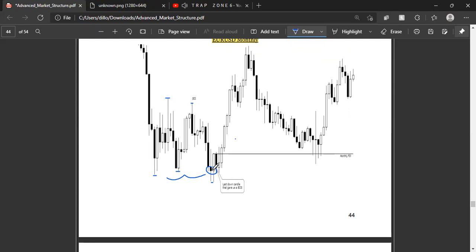But from this low here, we see a huge impulse to the upside, right? Giving us a new higher high. And this is on the monthly time frame. So I remember